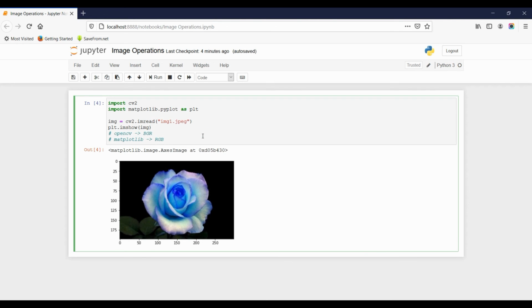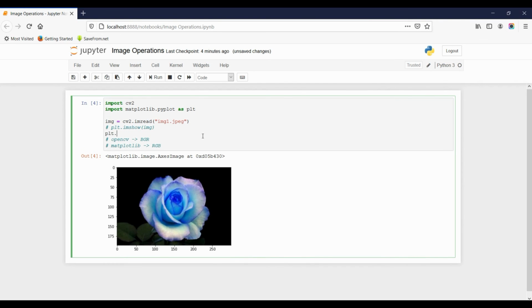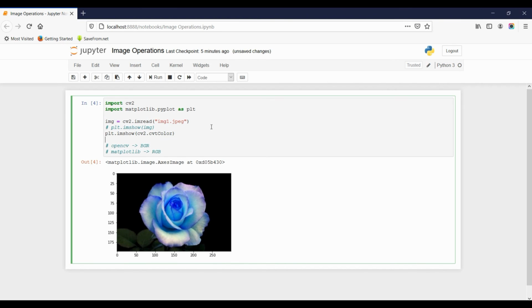If we want the output in RGB color format, one slight change I have to make. Here I am writing plt, that is matplotlib.pyplot alias, plt.imshow. First of all, I am going to convert this img to the RGB format. How to do that: the cv2 library has a function called cvtColor. This cvtColor function will be used to convert one color format to another.